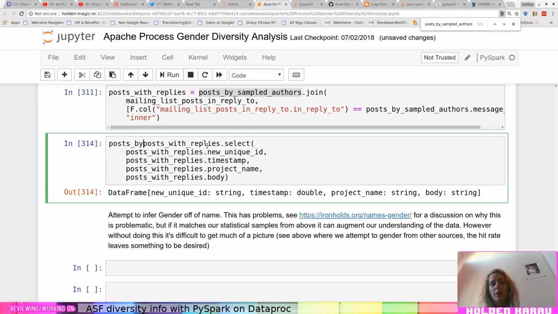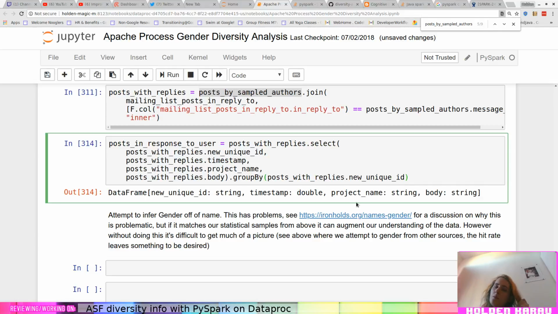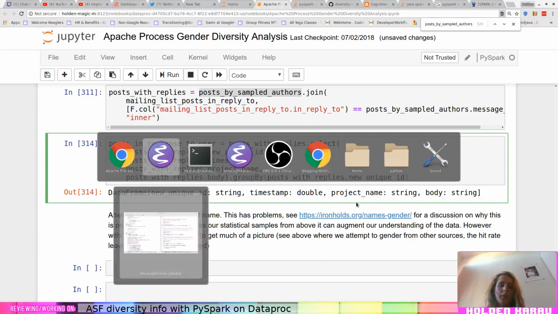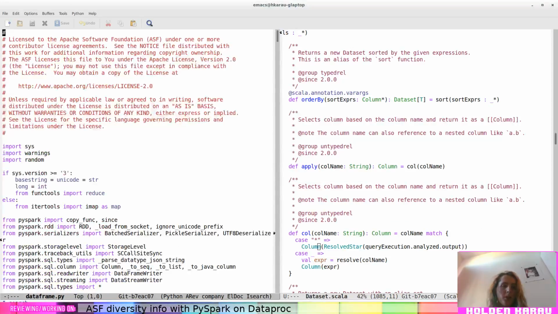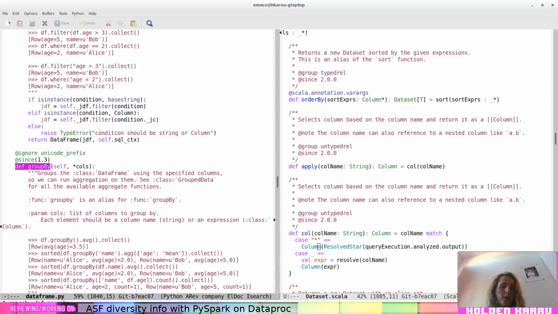Posts in response to user, dot group by. Okay, dataframe, def group by.